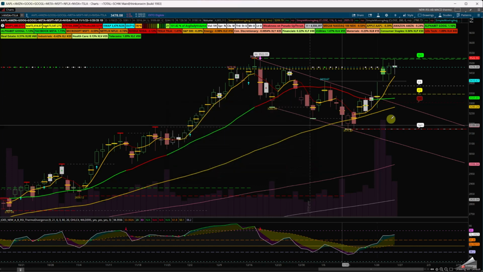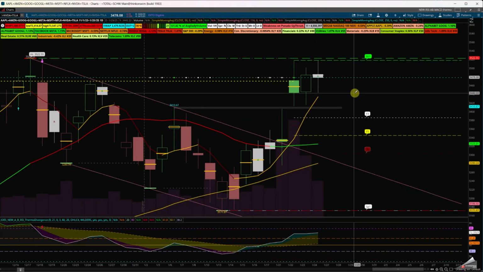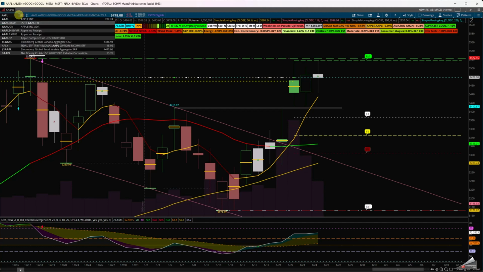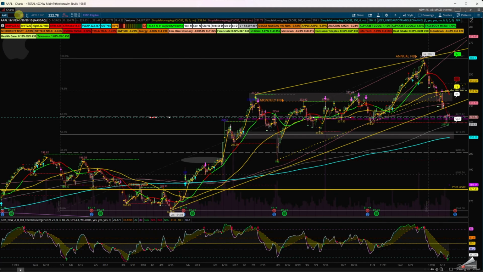In case the market turns down, you have to pay attention to this area and this gap coming down, whether it's going to find support or not, on the combination of those instruments, such as NVDA starting to lose some strength. Apple is starting to lose some strength. So what I want to do is show you AAPL and NVDA. I don't want to talk about anything else.